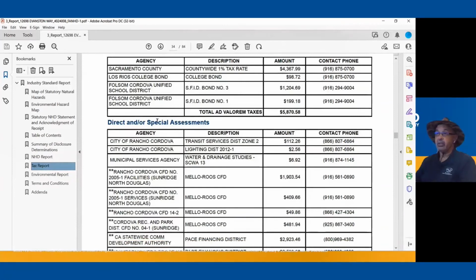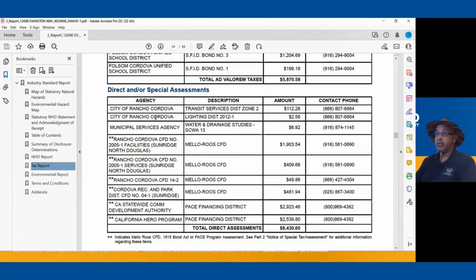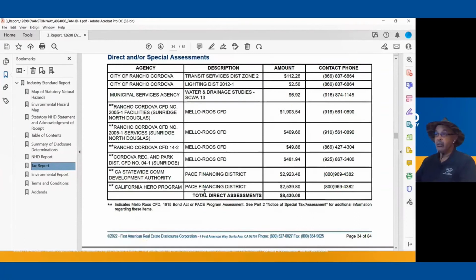Here are the direct or special assessments. We have a couple for the city of Rancho Cordova, a water drainage studies assessment, and the 4 Mello-Roos districts, and the 2 PACE assessments, for a total of 8,430 in direct assessments.